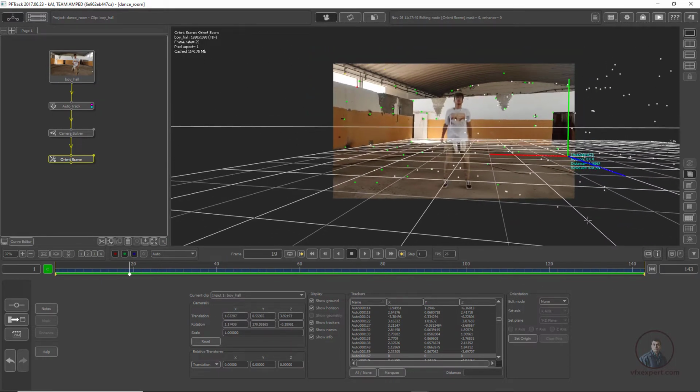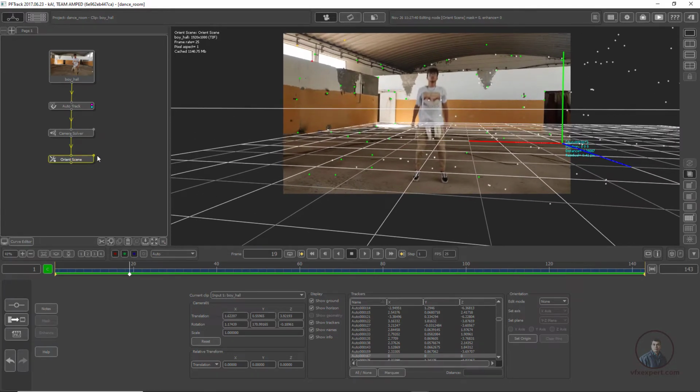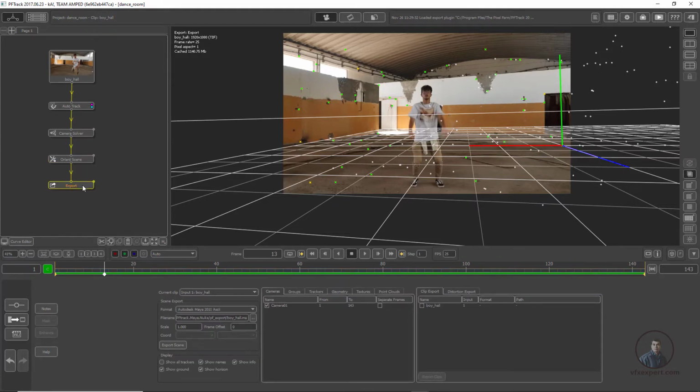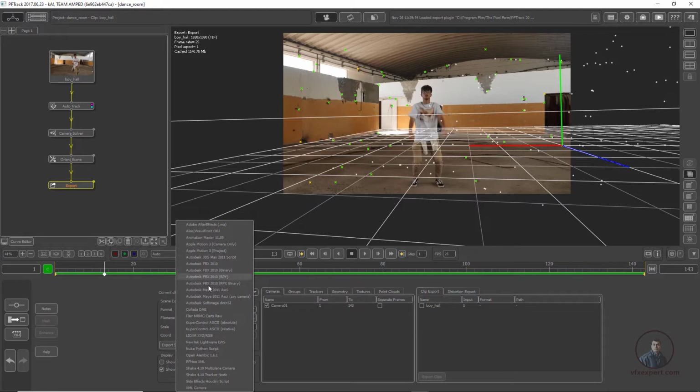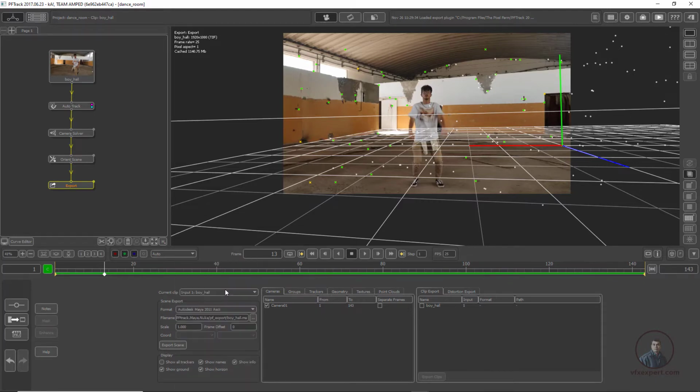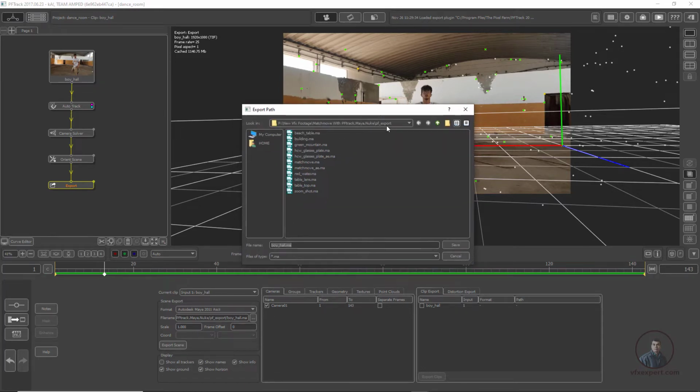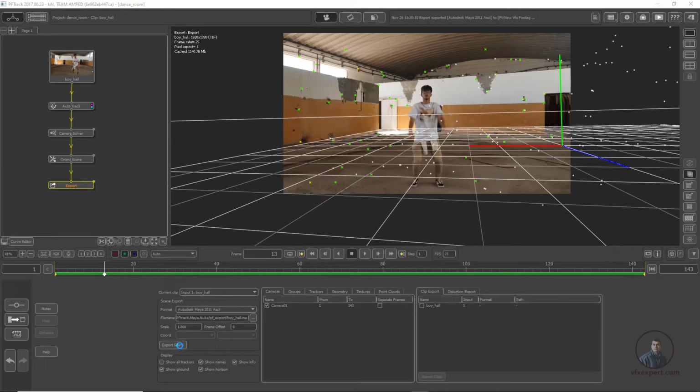So after this, if you want to create some test object, then simply you can create, but here I am going to export this tracking data for Maya. Then right click here, then click on export, then simply click on export here, then double click here. So here in format option just select Maya, so this one Autodesk Maya 2011, and from here you can select your folder. So here in pftrack_export I am going to save it here, and this is our MA file name, which is boy_hall. Then simply click on save here, then finally export scene.